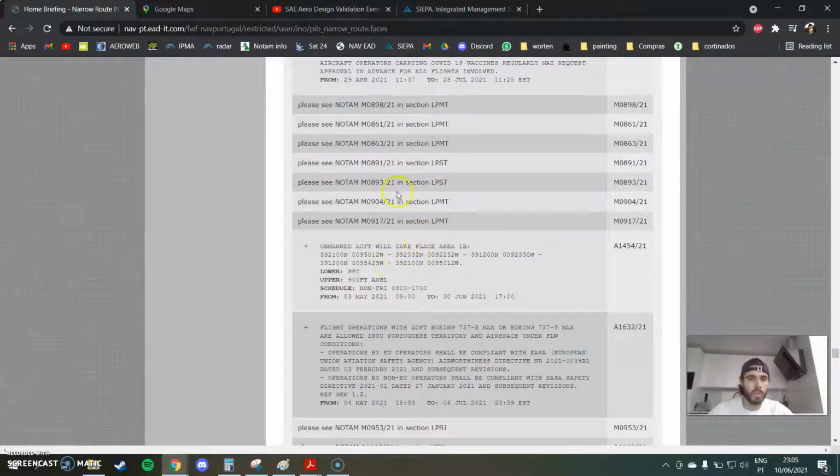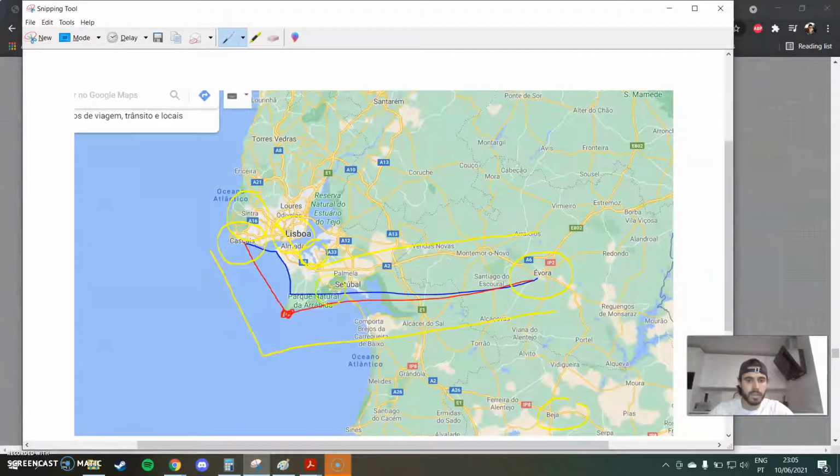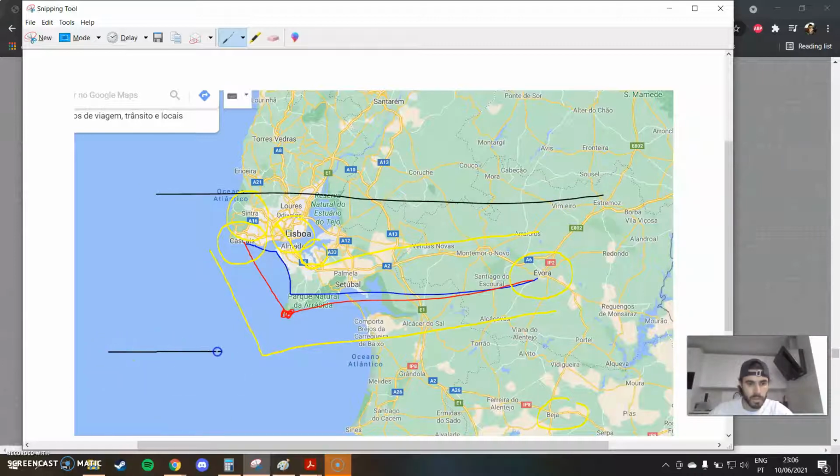I go to my VFR chart, and let's say that I'm going to fly this route. What I'm going to take here, let's go for a black pen, is the maximum latitude that I'm going to operate, the lowest latitude I'm going to operate,